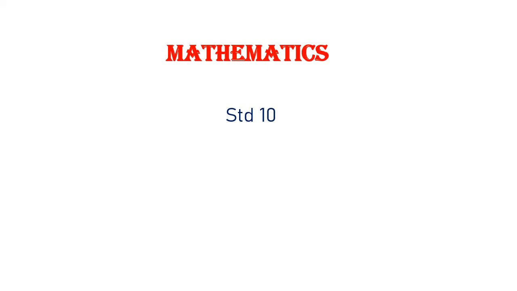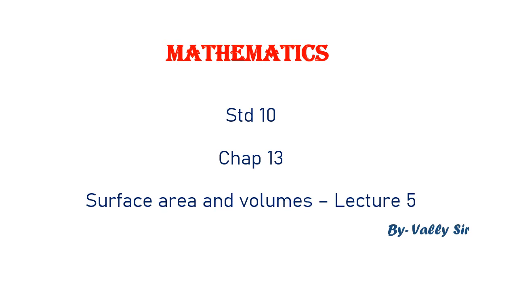Good morning, friends. So we are almost at the end of the chapter, surface area and volumes. We started with the surface area and volumes of the three-dimensional shapes from standard 9, and then we continued to find the surface area, the lateral surface area and the curved surface area, the total surface area and the volumes of the combination of solids, whether it's a combination of a cylinder and a cone or a sphere and a cone. Okay, so we have worked on this.